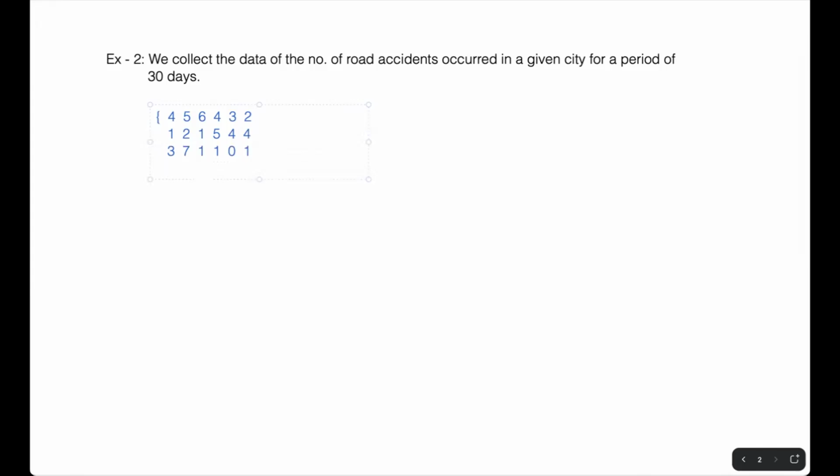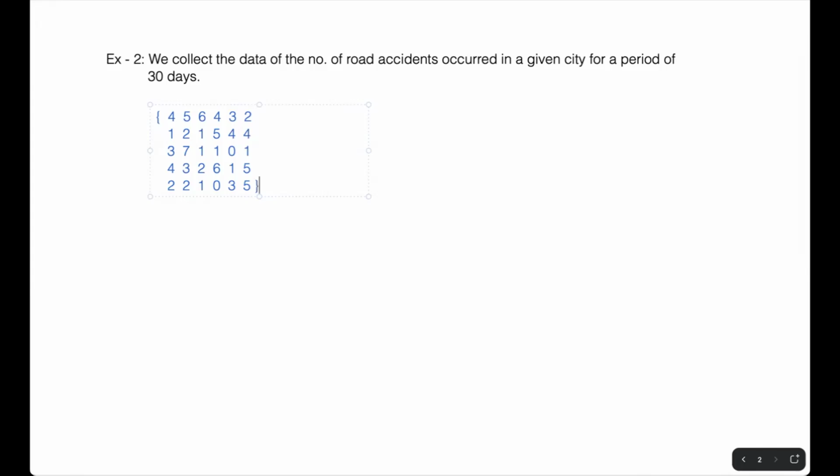Then we have 4, 3, 2, 6, 1, 5, and 2, 2, 1, 0, 3, and 5. Okay. So let's say we have a data set like this. Okay. So this shows the daily number of road accidents that occurred in a given city over a period of